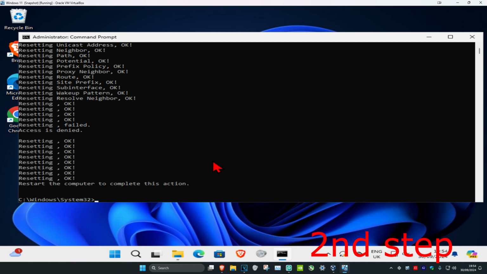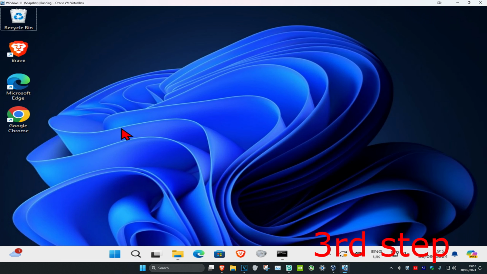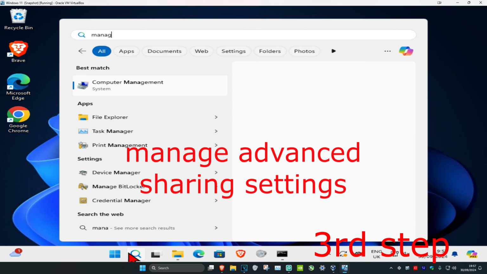reset.log and click on enter. It's going to ask you to restart your computer, but don't do it yet to complete the next steps in the video. And now for the next step, you're going to head over to search again and type in manage